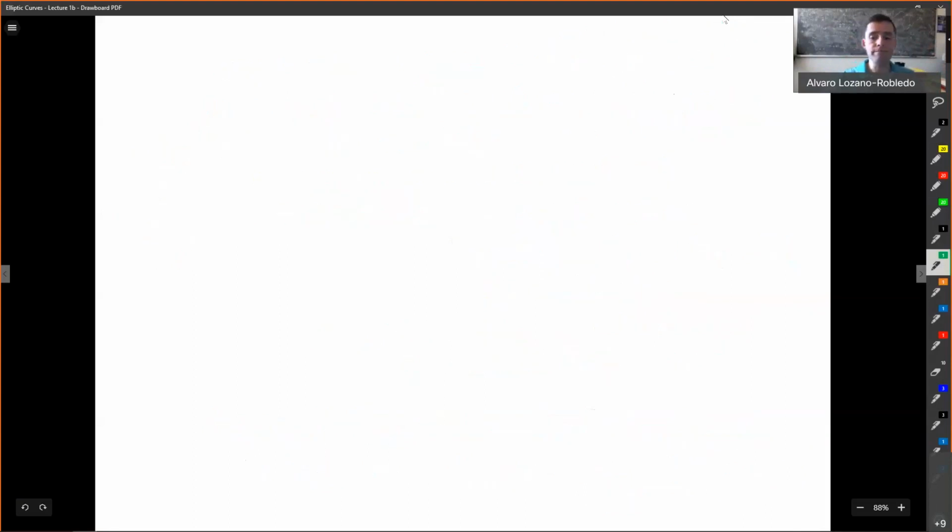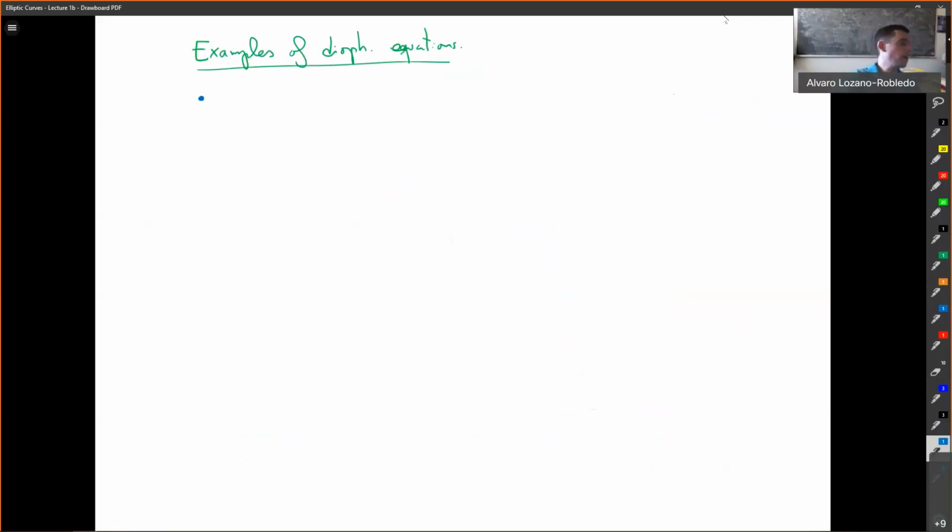So, for example, I need to do some examples of Diophantine equations, also sort of by genus of the Diophantine equation. One of the problems, just for historical reasons, on genus 0 or on lines, an interesting problem is actually something called the